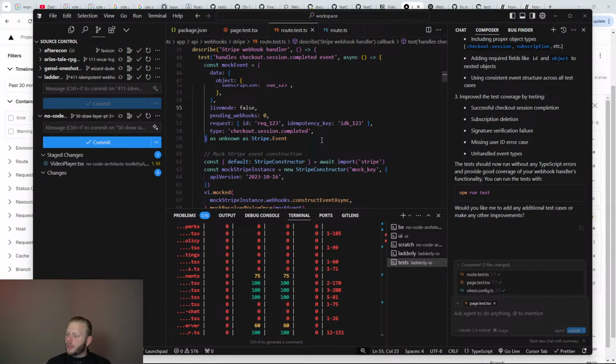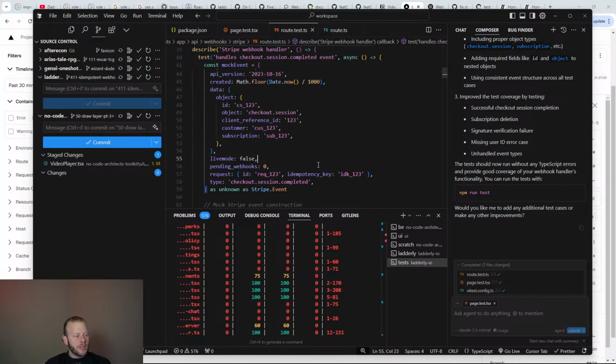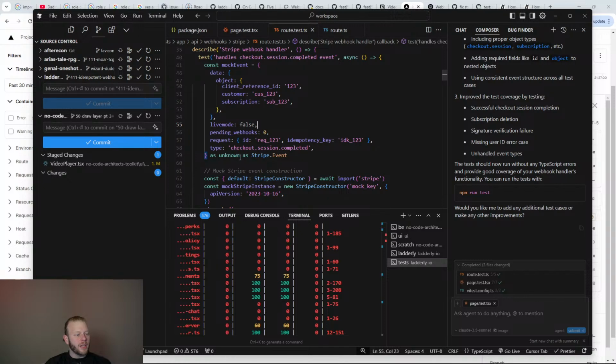User says, what are you creating right now with what language as well? So we're using TS, that is TypeScript. So this is JavaScript with types. Types are really, really good for humans, for safety, and for language models because they will be able to understand the schema. And you can see what it's done here. It's created me a whole mock event because it's aware that I'm using the Stripe event schema.